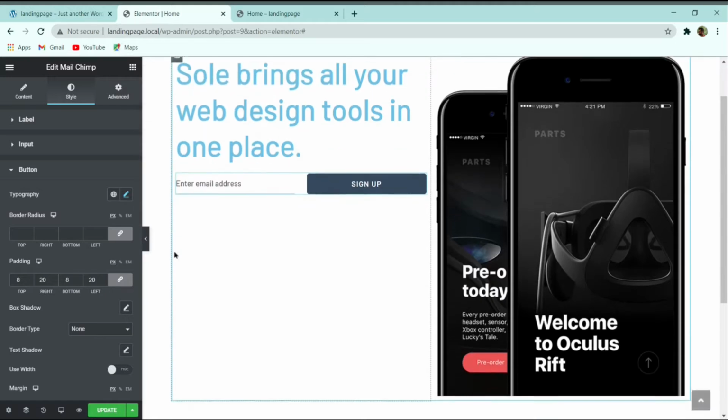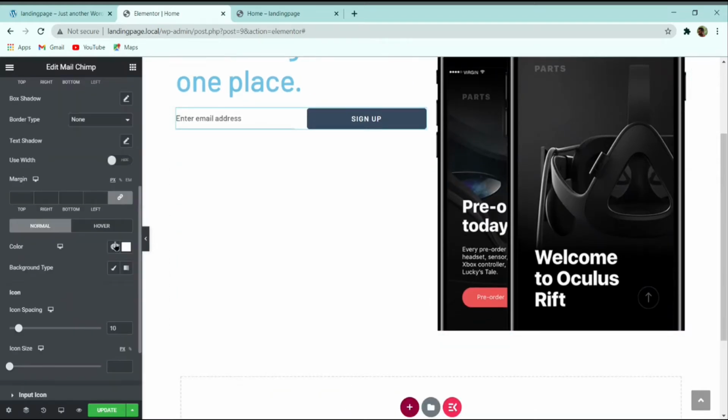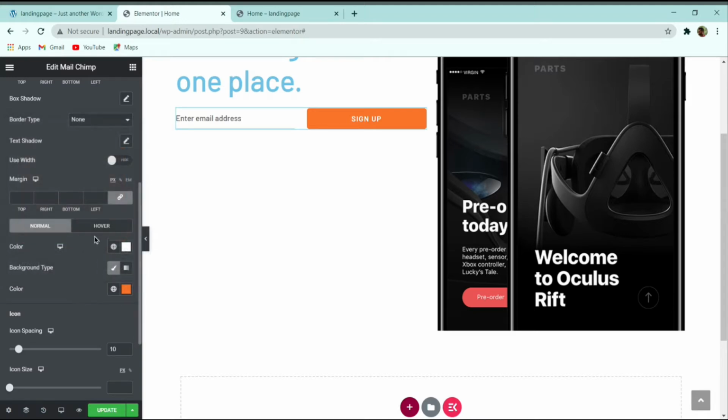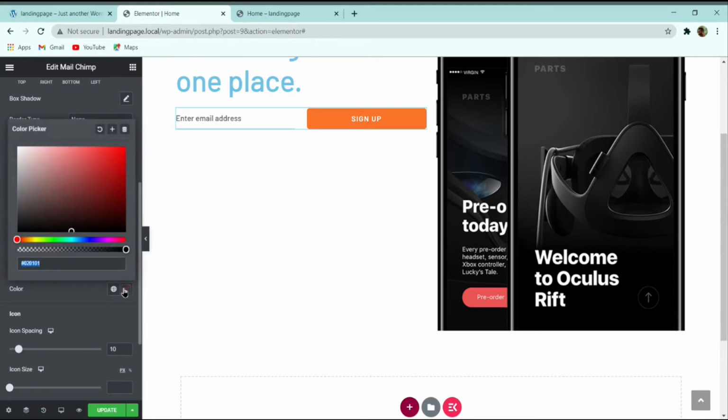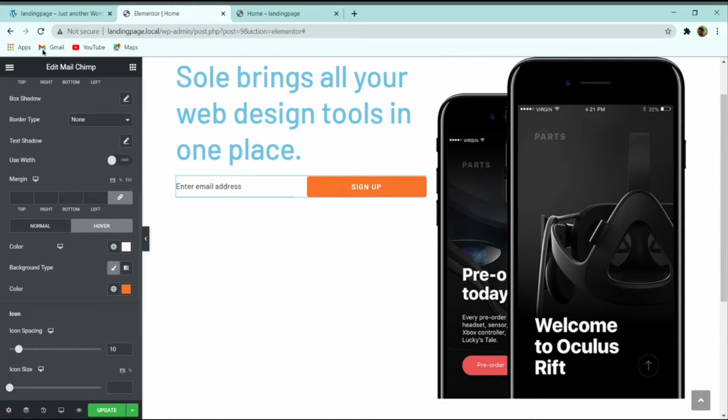So here you can see that padding, so let me reduce some padding from here. I will give 8, 15 right, and 15 left. After that, here you can see that this is the color option over here. So basically the text is in white color, we have to change the background color of it. So let me select that color. Here I have used this color F5742B. And on this hover part also, by default we can give that color F5742B, so that whenever we hover over it, you can see that the color is not changing.